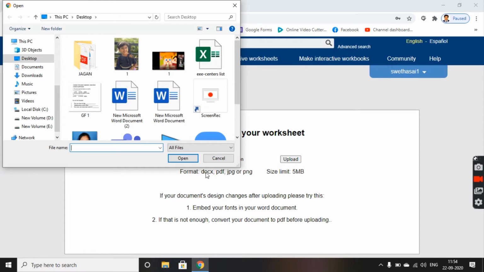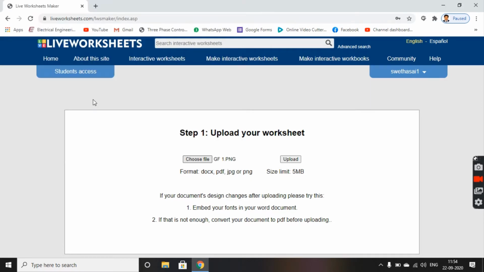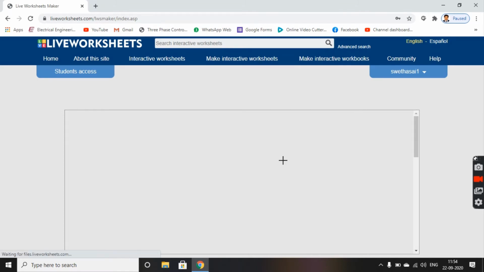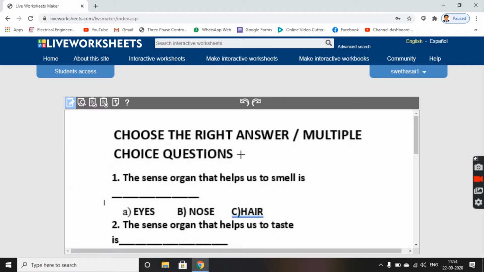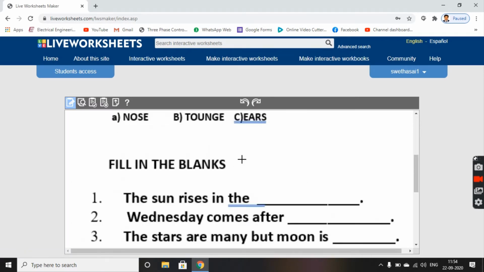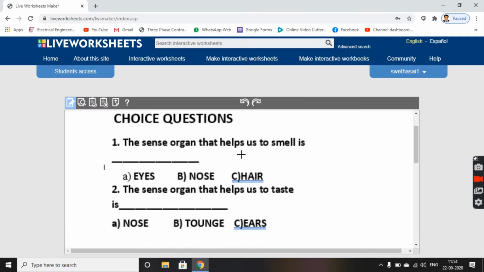Here you can choose either document format, PDF format, JPEG format and PNG format. Choose any file format of this type and upload your file. Yes, so I got my worksheet uploaded.